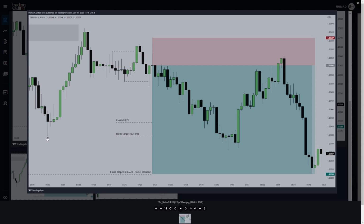Ideal target would have been 2.54, which is what I was targeting at the beginning of this trade, but then I ended up closing at 2R because I was pretty happy with it, right? Final target would have been 3.97R, so basically 4R, and the 50% of the Fibonacci on the most recent bullish impulse was there, so it was definitely a good looking target to go for,